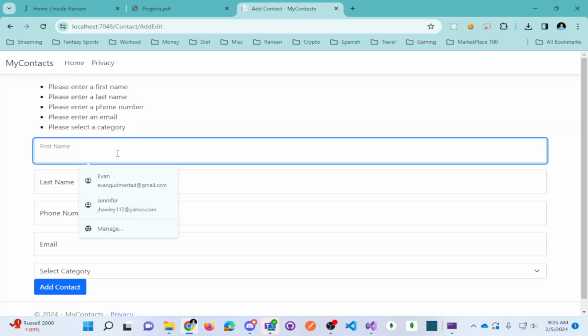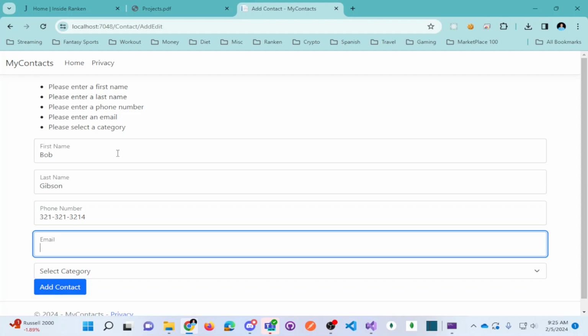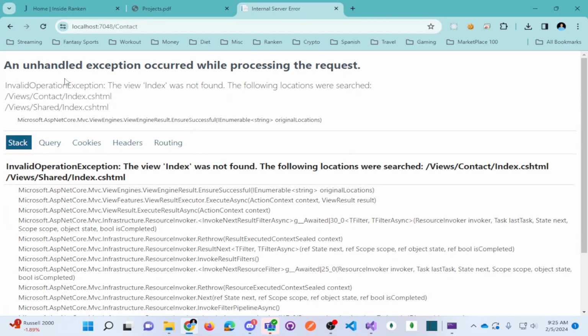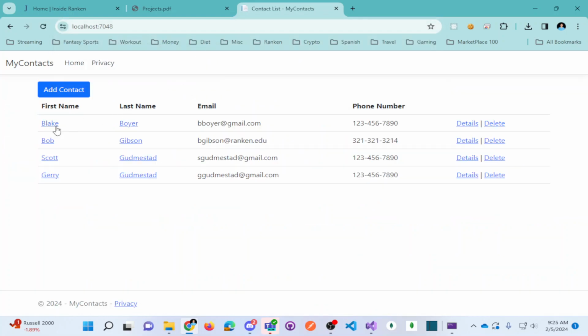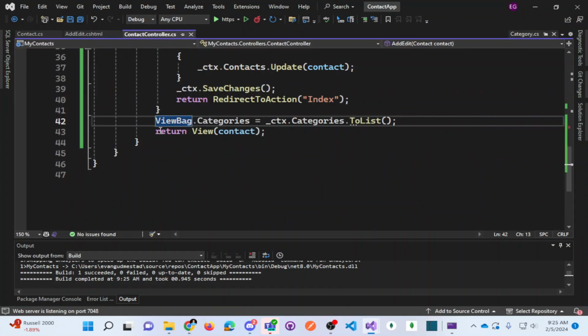Bob Gibson, and this is work, add contact. Okay, so I get an error message, but that's just because it's trying to take me to an index view that doesn't exist. However, if I go back here, we see that Bob Gibson was added. So everything is working up until this line,